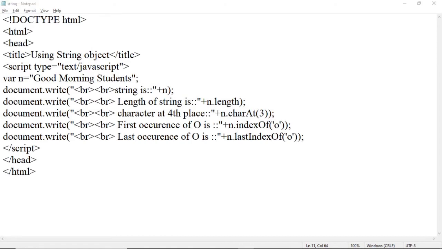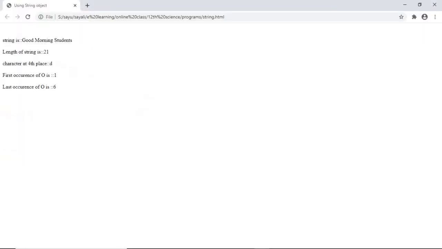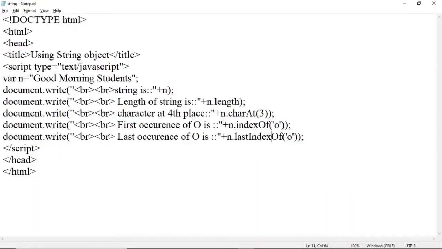Again save this program and refresh the page. See, the last occurrence of O is 6: 0, 1, 2, 3, 4, 5 and 6. So 6 is the last occurrence of O.